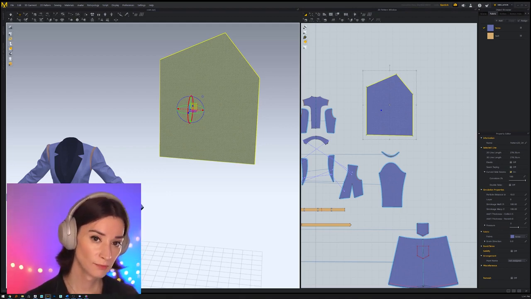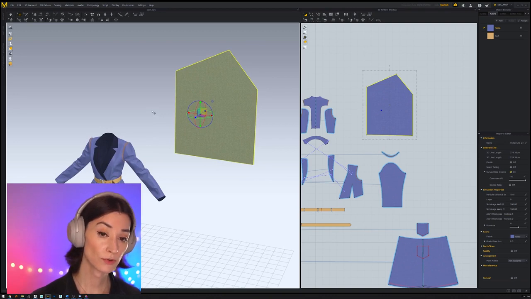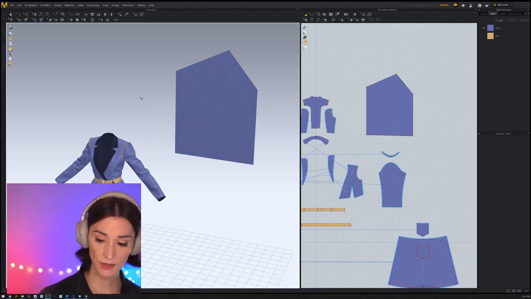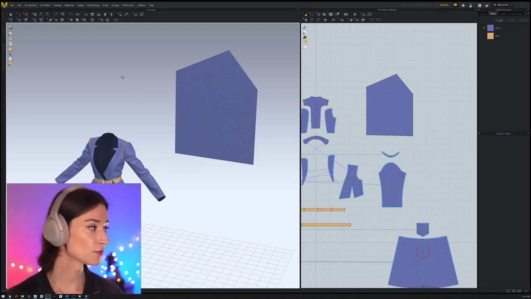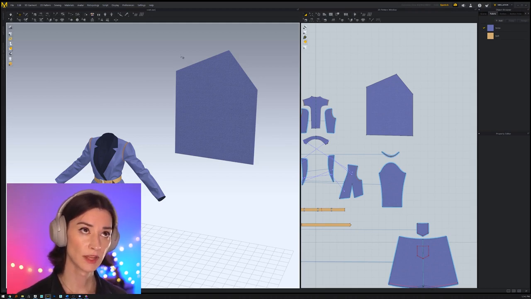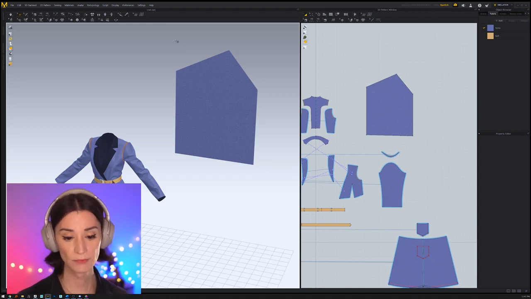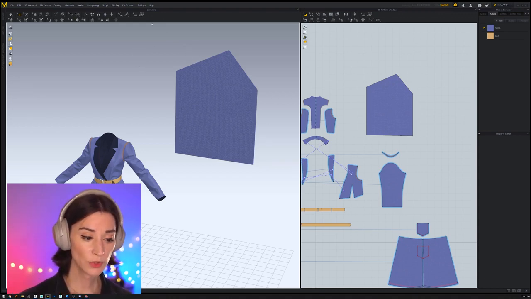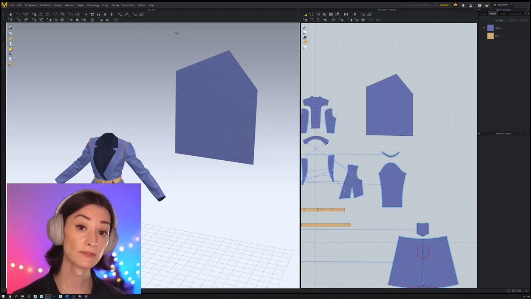Before we talk more about cloth and panels and stuff like that, it could also be worth it to just cover the very basics of navigation inside the software itself, because you may be completely lost and you probably don't know what the shortcuts are. Now, there's a beautiful thing about Marvelous Designer, and I really like to see these kind of things in different software. So I certainly hope that other software that we commonly use start to do this more and more. Some software are already doing it, and which is to give you the choice that you want over the navigation